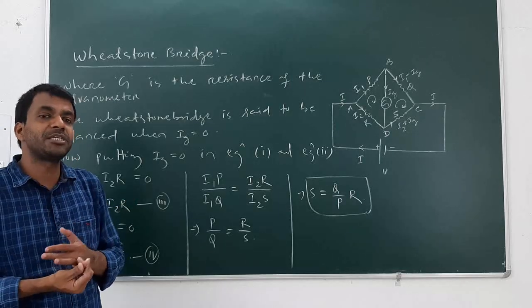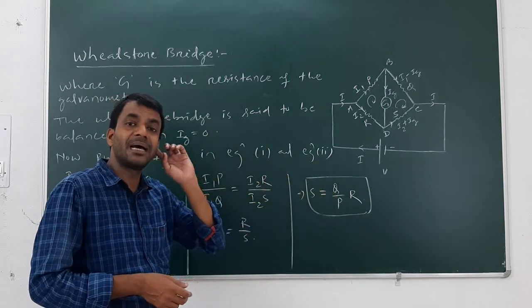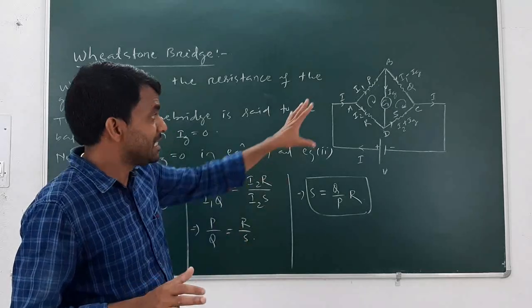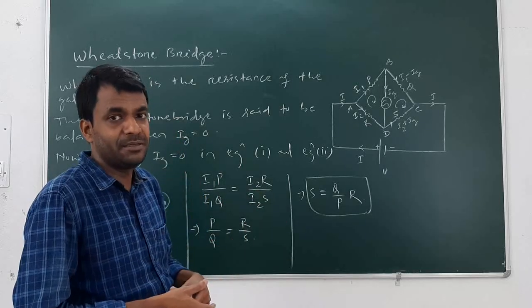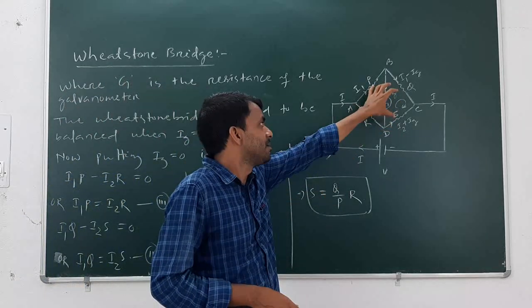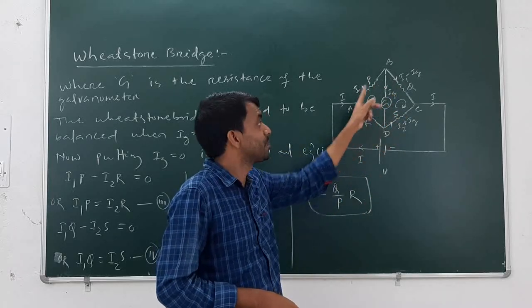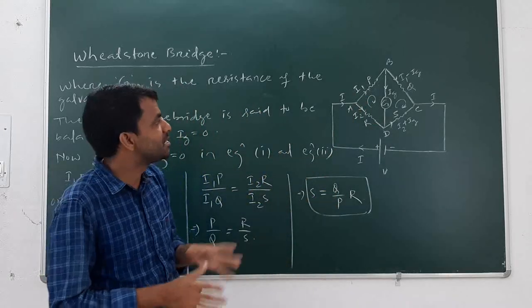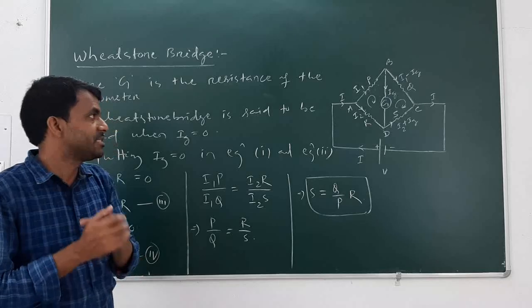Whenever the remaining three resistances, Q, P and R, are given, then you can calculate the value of S accurately. And this type of diagram is known as the Wheatstone bridge. This is the arrangement. Whenever a problem comes like this, you can neglect the galvanometer current, taking it as 0 in this branch. Then you can solve the problem in this method. This is the required derivation of the Wheatstone bridge and the balance condition of the Wheatstone bridge.